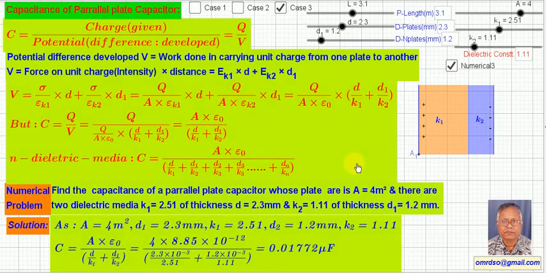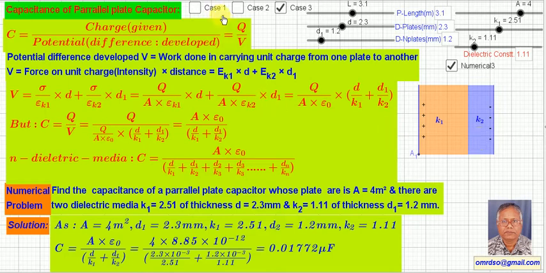Hello, I am O.P. Srivastava, and I am going to explain the method to derive the capacitance of a parallel plate capacitor as mentioned in the Indian Education Board up to intermediate level. In fact, I have already demonstrated one case of finding capacitance when two media are in between the plates. But I am going to explain from the very beginning. Three cases I will discuss.